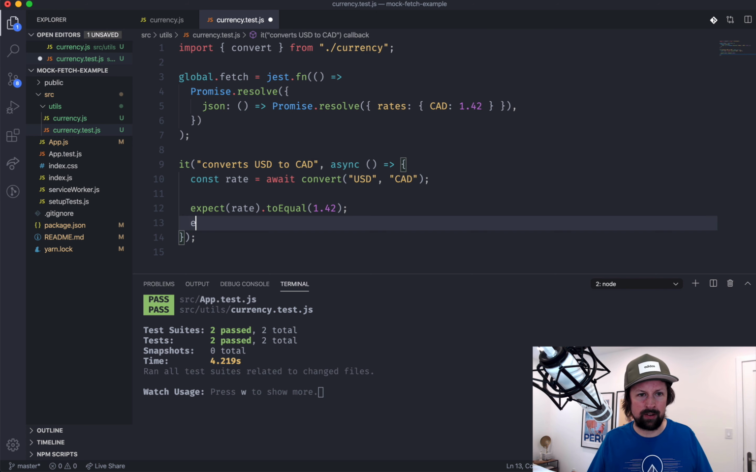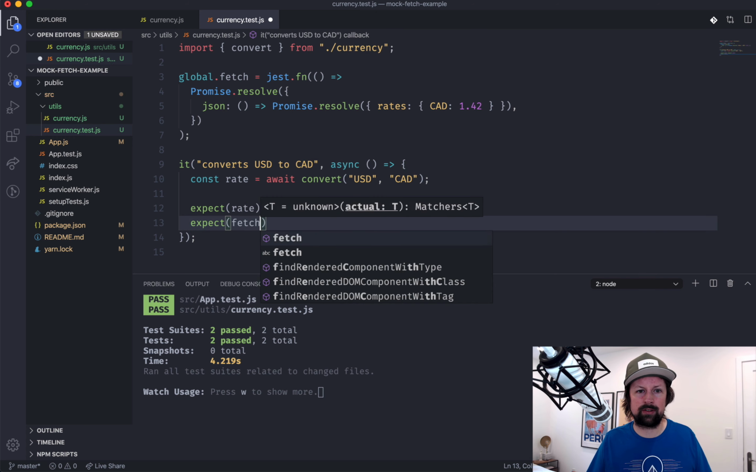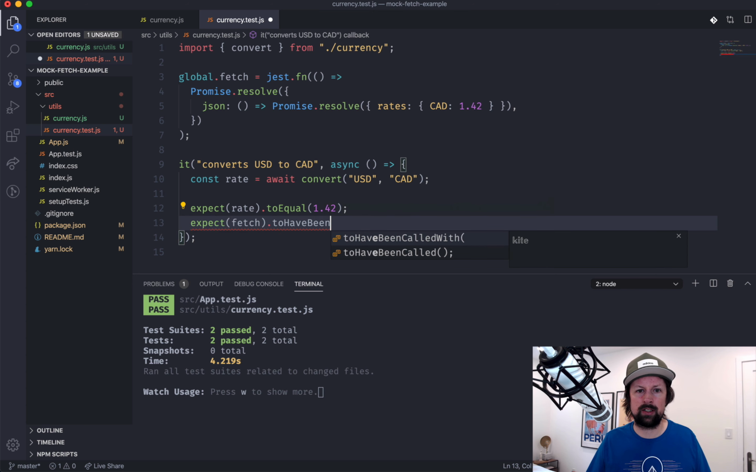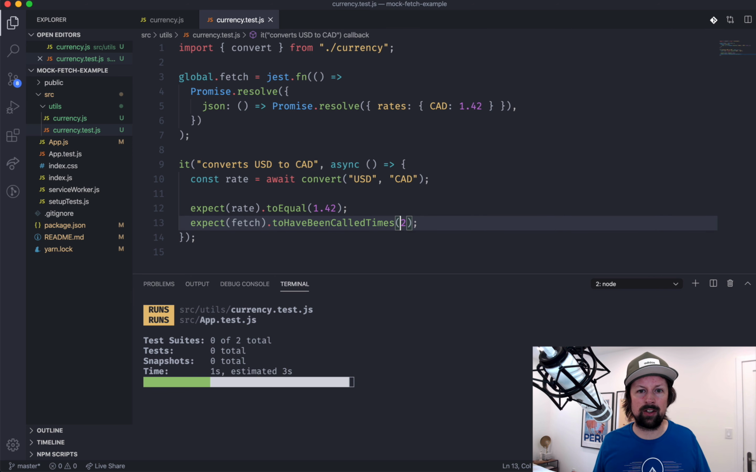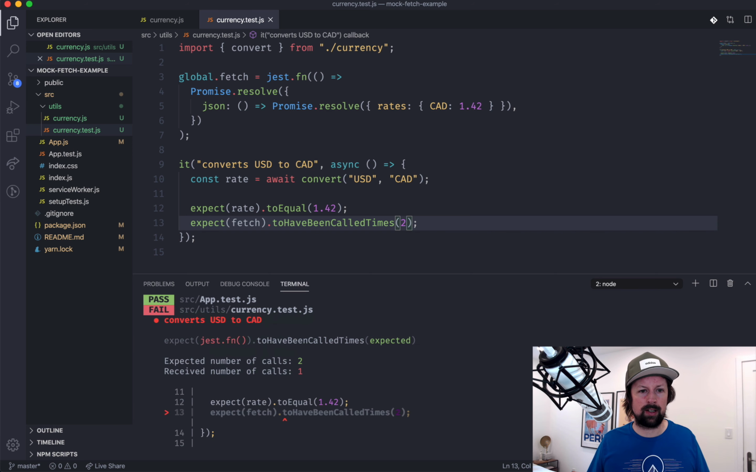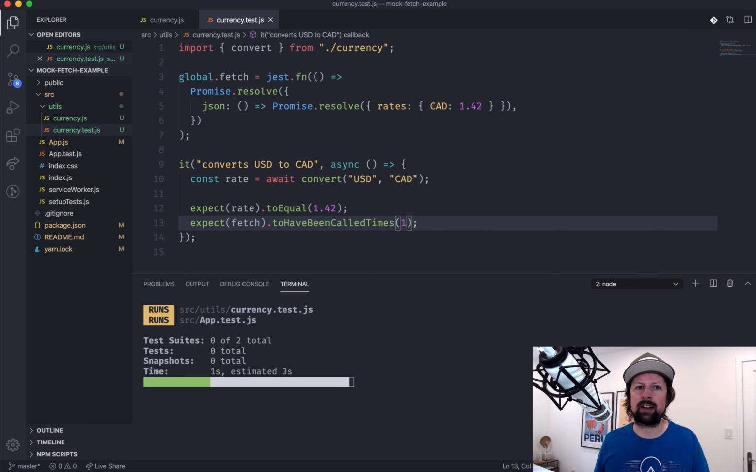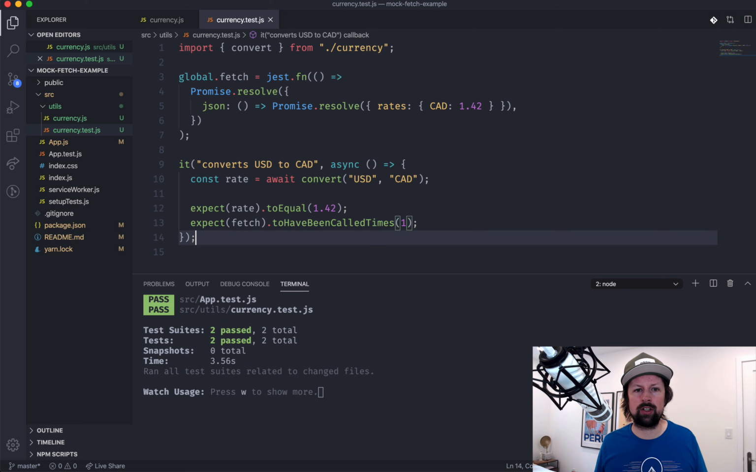So we'll work on that right now. We can say expect fetch to have been called one time, right? If we say 2, we'll make sure it fails and then we'll fix it, and there we go. We expected 2, but it was only called once. So if it's important to know that your code is actually executing or calling a function, you can write a